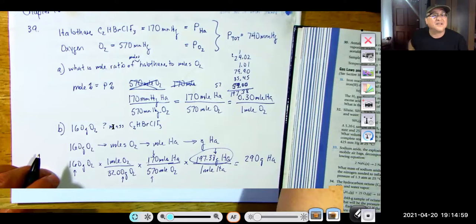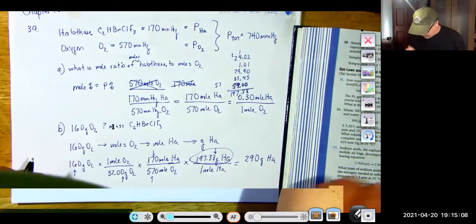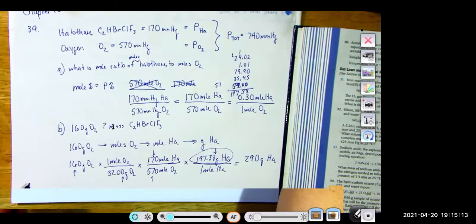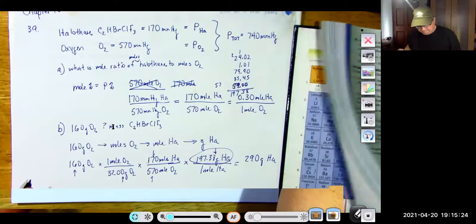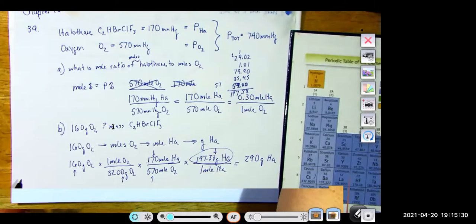Why is mine different? So they shouldn't have gotten 3.0. They should have gotten 2.9 also. What did I add up wrong here? What's the last number? 57. You didn't do anything wrong. Unless they used different numbers for their